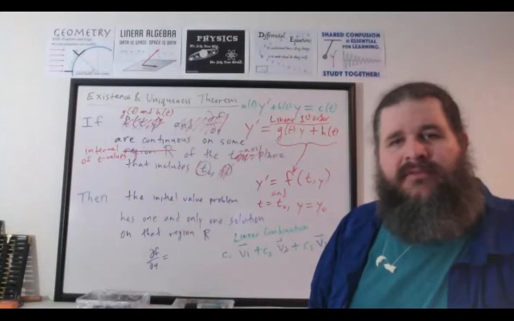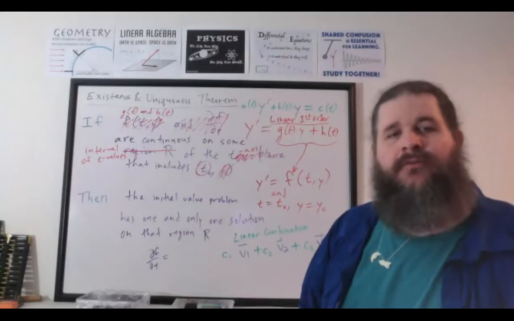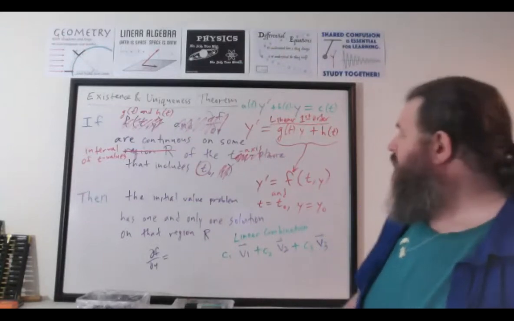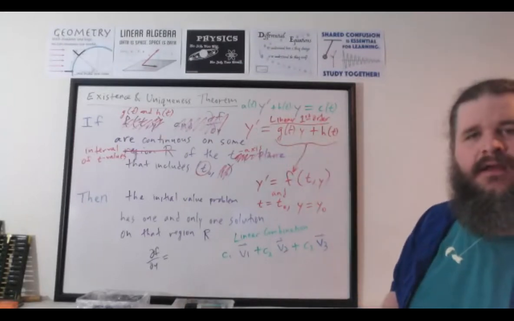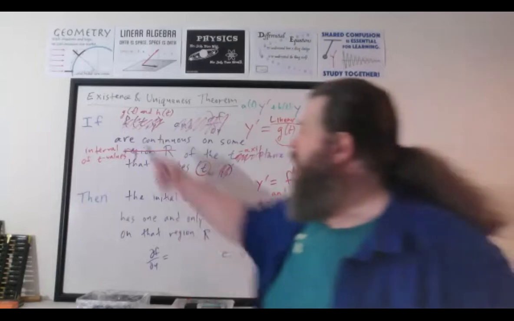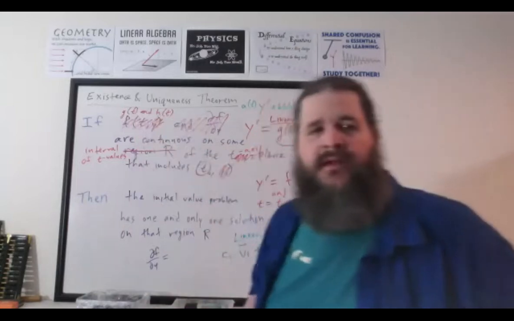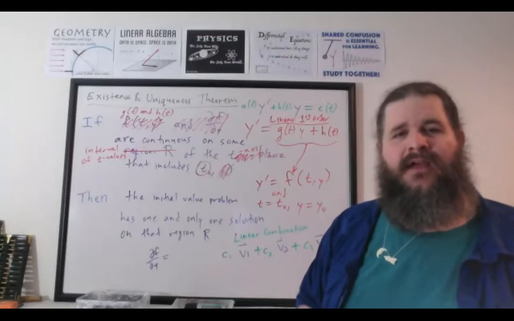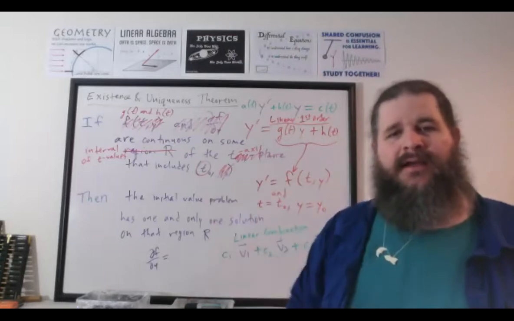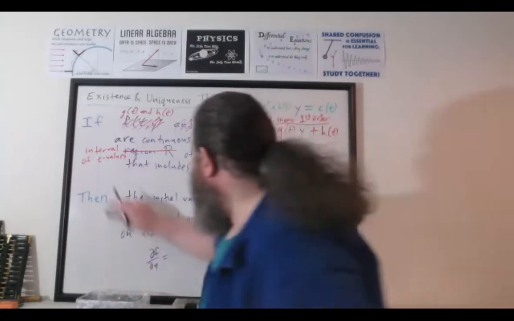The simplified version of the existence and uniqueness theorem for linear differential equations: if you've got it in the form of y prime equals g of t times y plus h of t, all you need to check is those functions of t, see if those have any discontinuities for problematic t values, and then chart that out on a number line. For example,